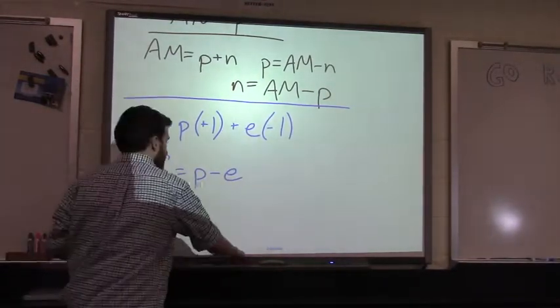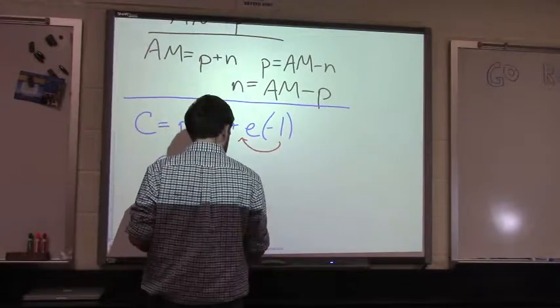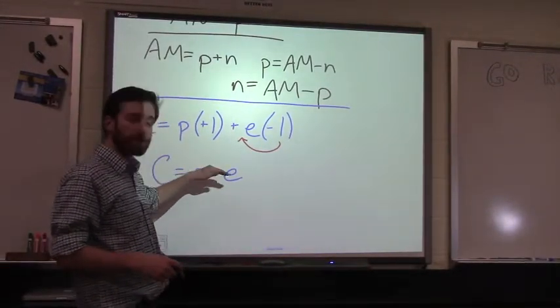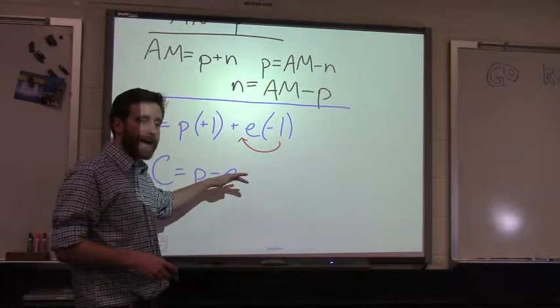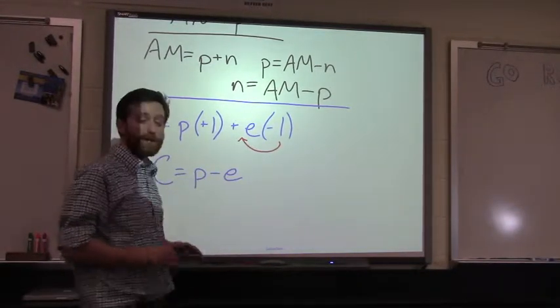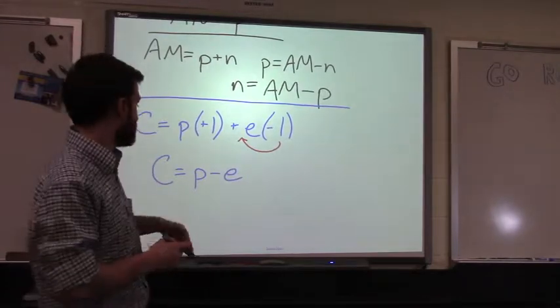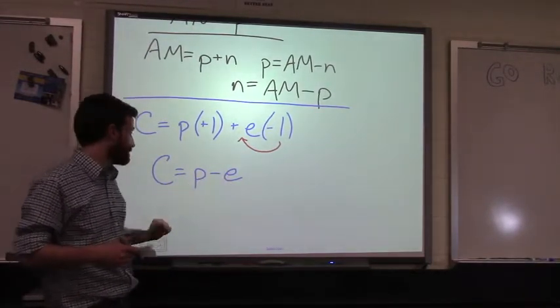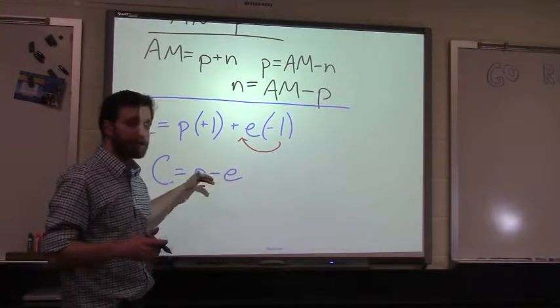That -1 is distributed over. And this equation will always give you the right charge given the number of protons and the number of electrons of an atom. And it'll give you the right charge, positive or negative, too. Because if E is greater than P, I'm going to get a negative number. That makes sense. And if P is greater than E, I'm going to get a positive number. That also makes sense.